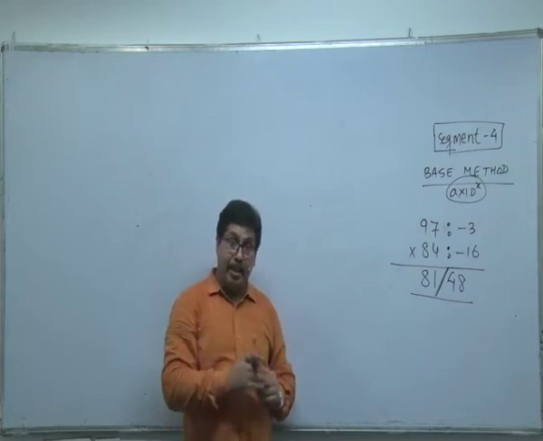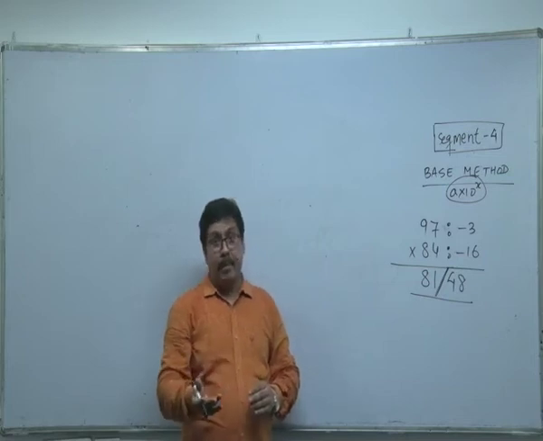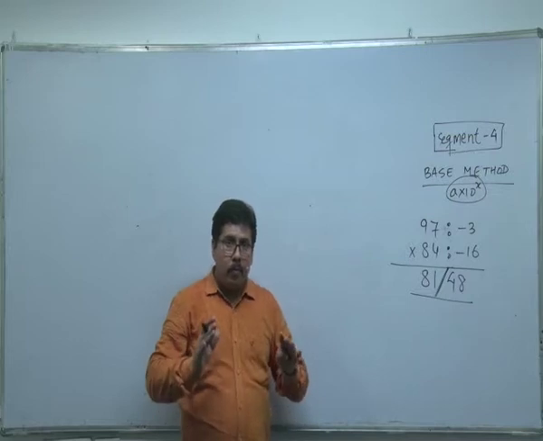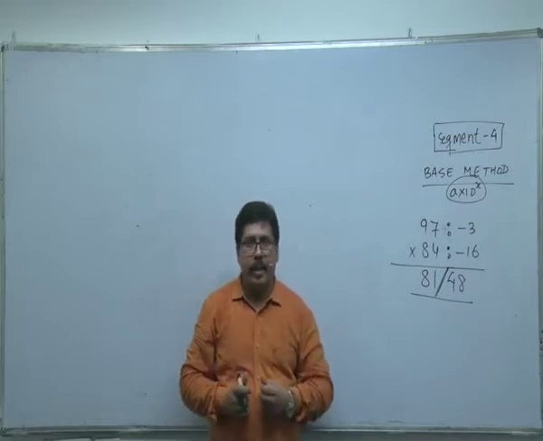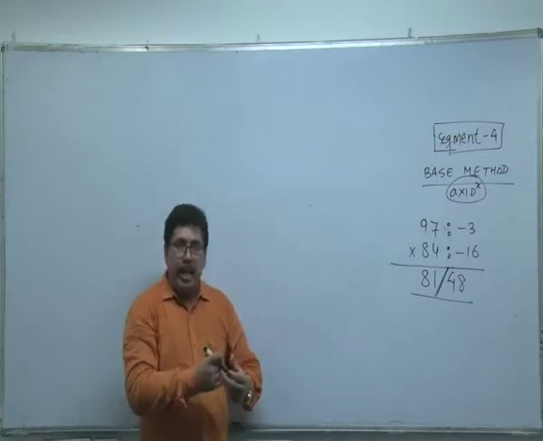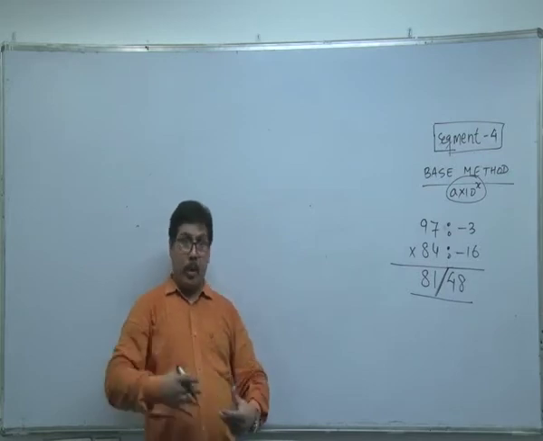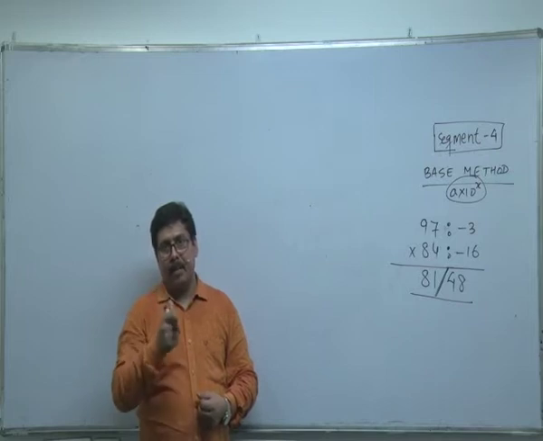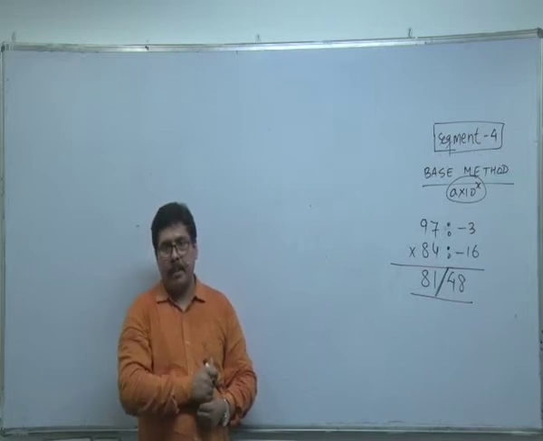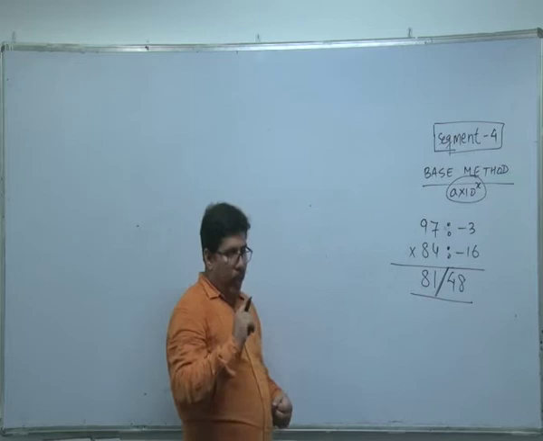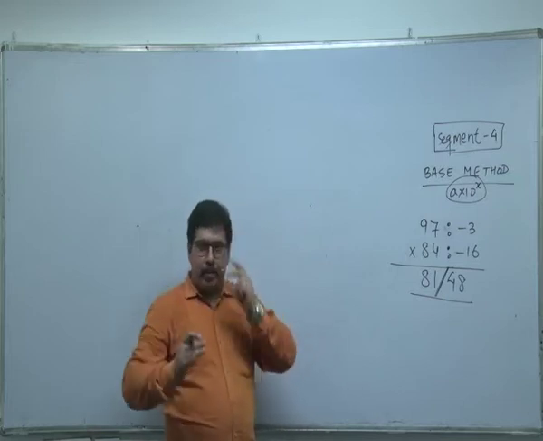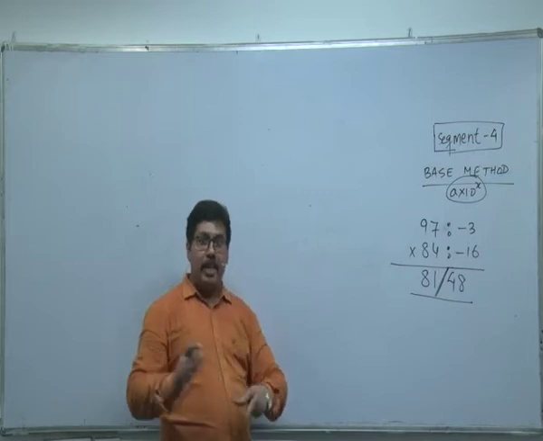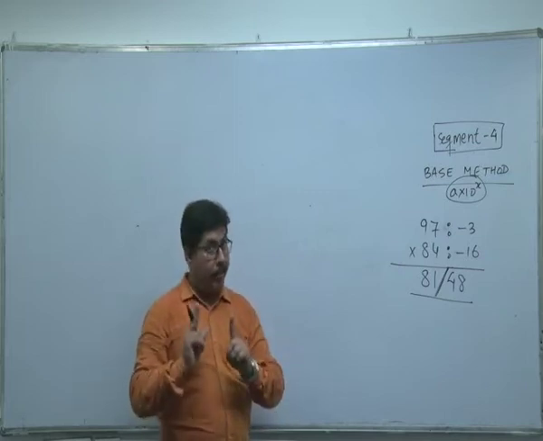Had it been a 3-digit number or 5-digit number, then the answer would have been different. So what are the guiding rules to decide or assess the number of digits? The thumb rule is, I'm giving you some benchmark numbers which can guide you to assess the number of digits in your final result. This is very, very important.